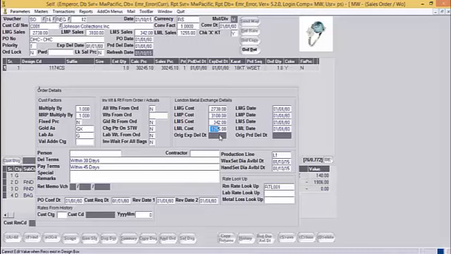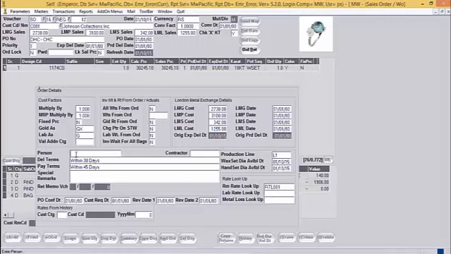Now through this option, the system enables the user to change the export delivery date and at the same time keeps track of the revisions happening and also the degree of the revision. Degree of the revision is basically the gap of days between the export delivery date, that is the current date, and the original export delivery date.